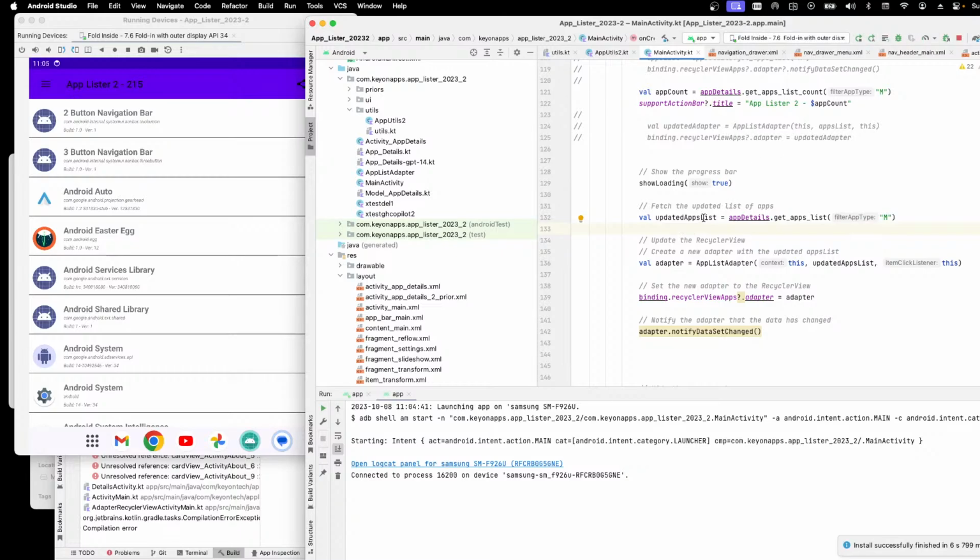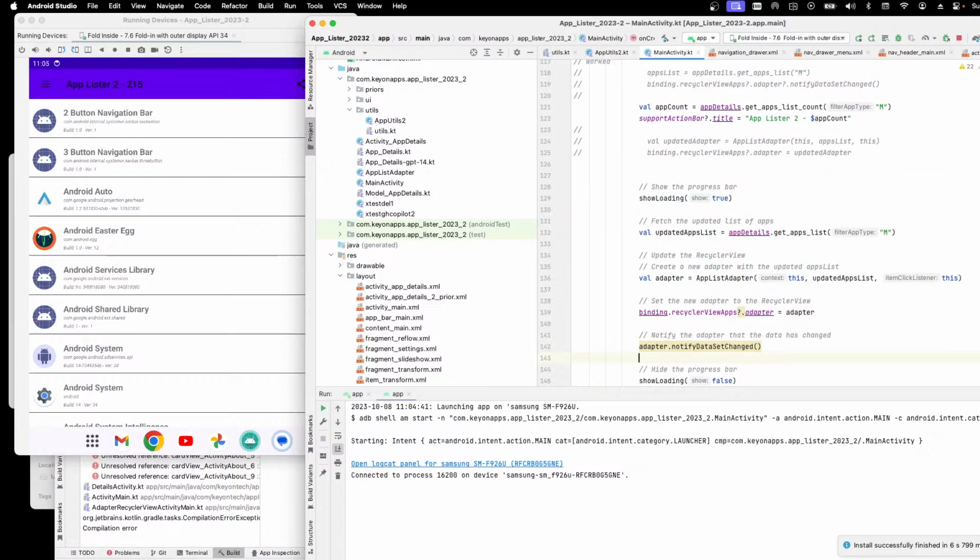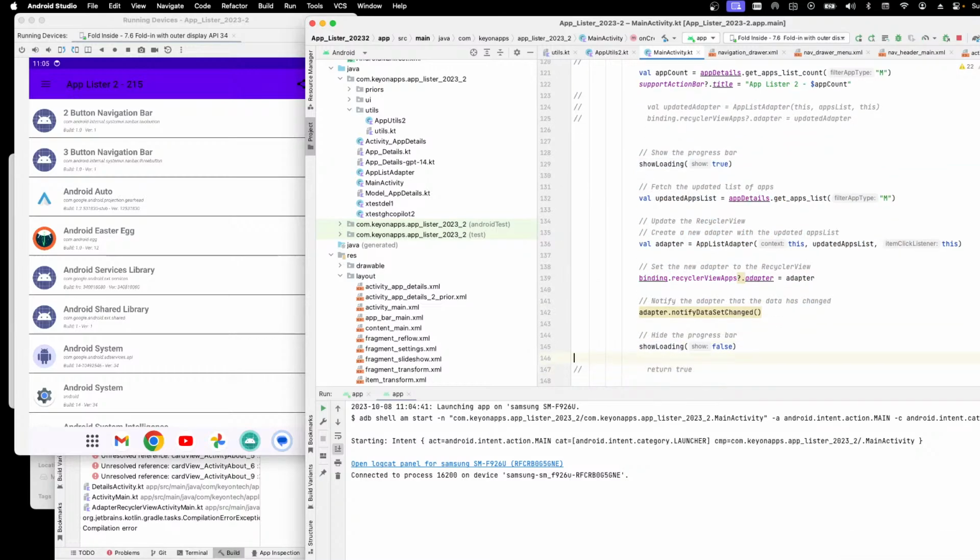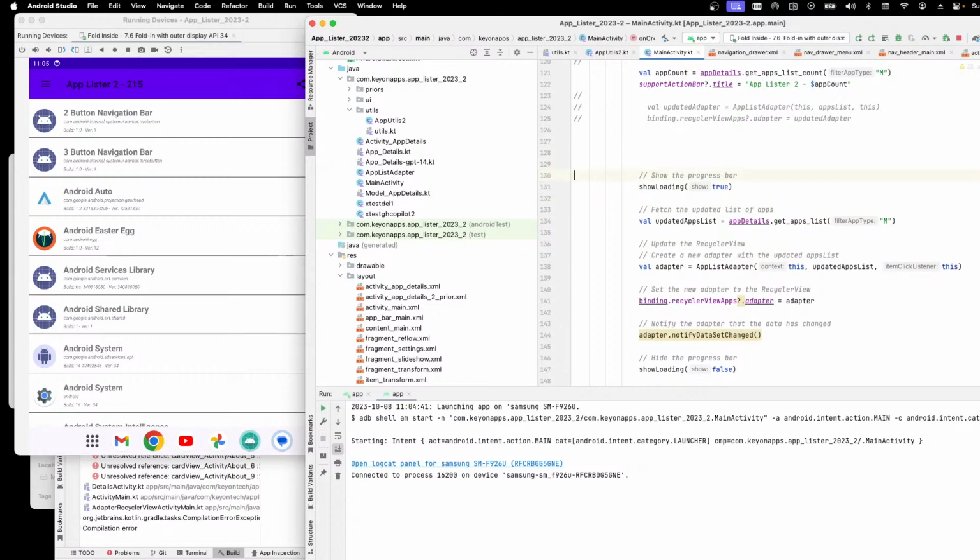And the refresh icon did not appear, the show loading, so I could fix that. So that's a good thing. That is something I need to fix. All right, so